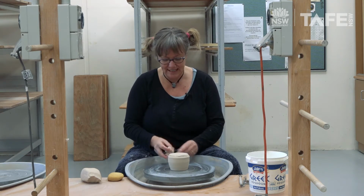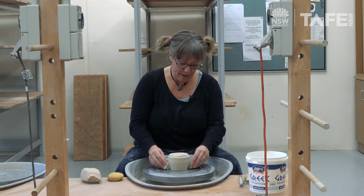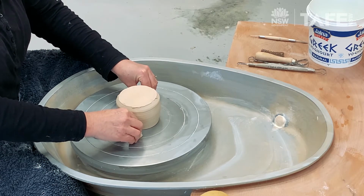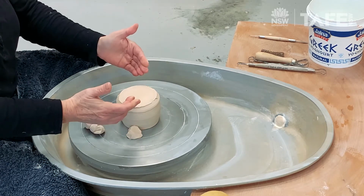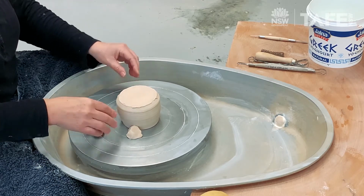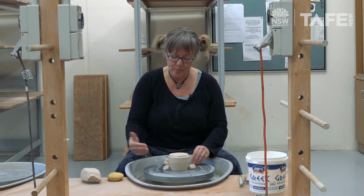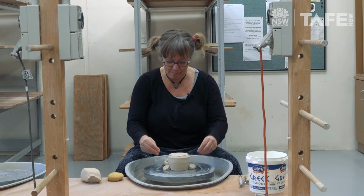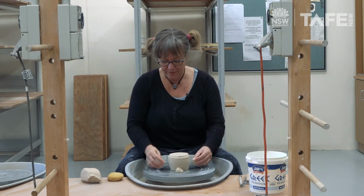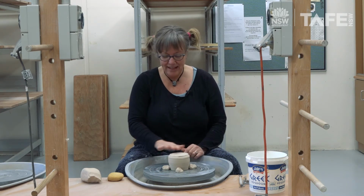Once we've got it centred, we're going to take some clay balls and put them down, pressing onto the wheel head and slightly into the pot, halfway on each side of the pot. We want to do this at the same time, because if we put one down, we'd push the pot off centre. So we want to put them both down at the same time. And then I'm going to turn the wheel and get the other two pressed down, and that's going to hold the pot